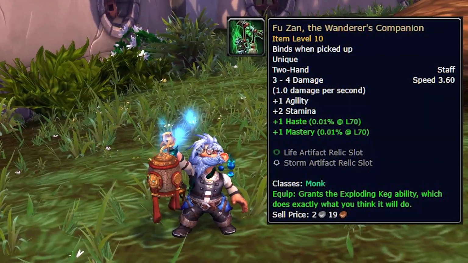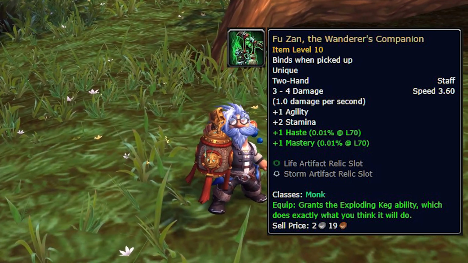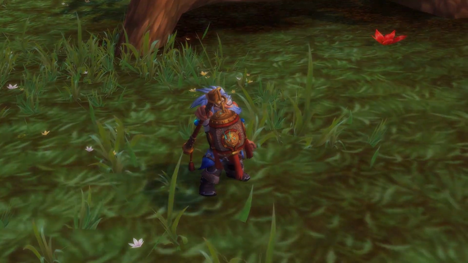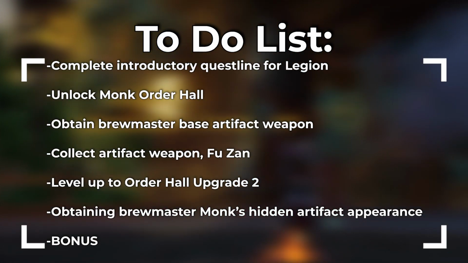In this video we will show you how to get the hidden artifact weapon for Brewmaster Monk, which will require partial completion of Monk Order Hall campaign. Before we begin, this is the list of steps we will be going through in this guide, which are also